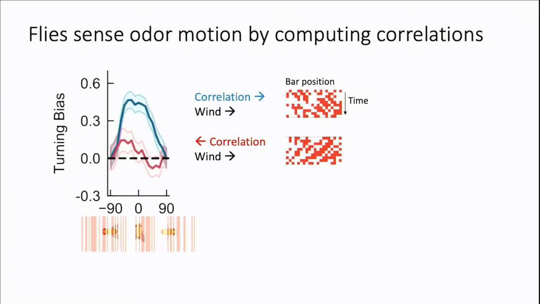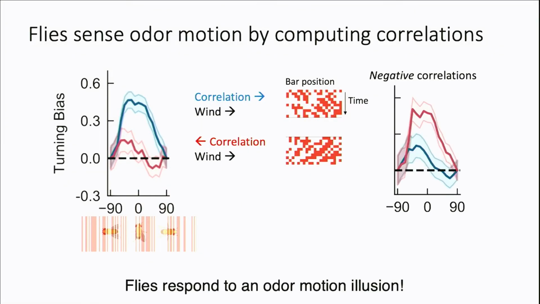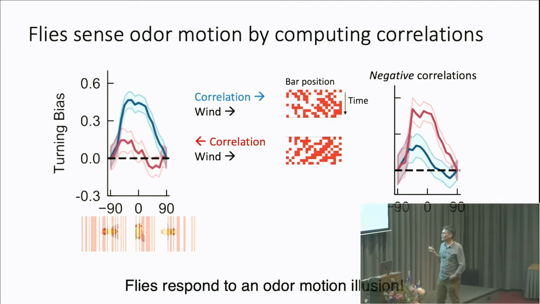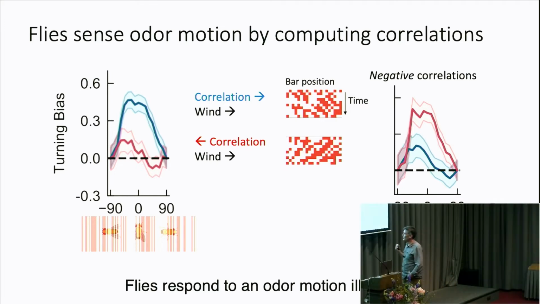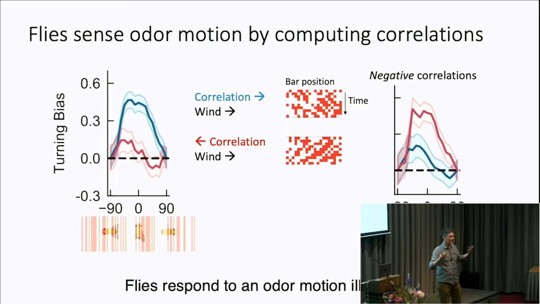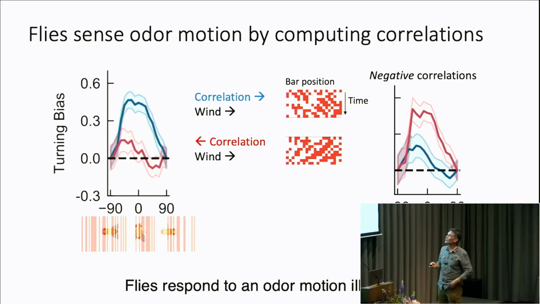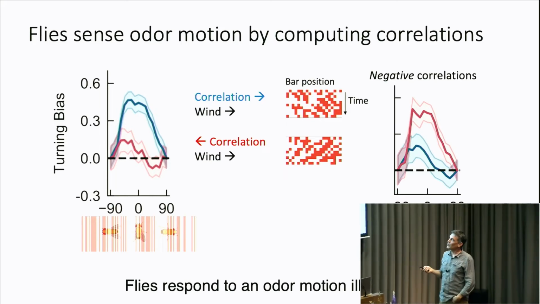So do the flies respond to the same thing? And they do. They basically completely reverse everything. So the flies are really responding to the odor motion illusion, so to the visual illusion. But since we have this light sensor in the olfactory system, they respond to these visual illusions. So now what's the